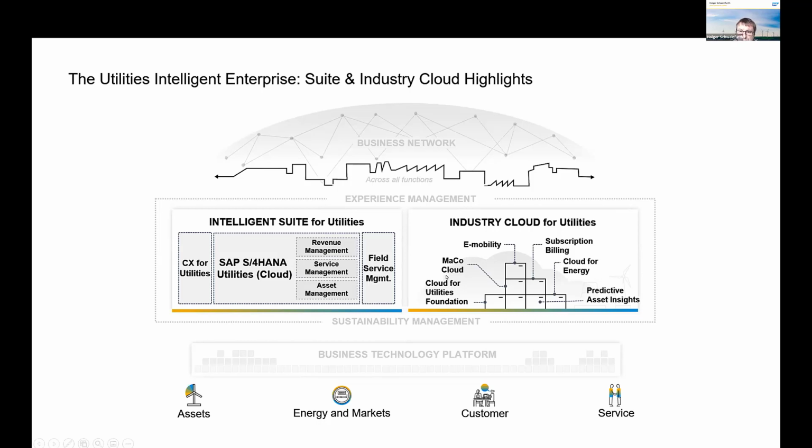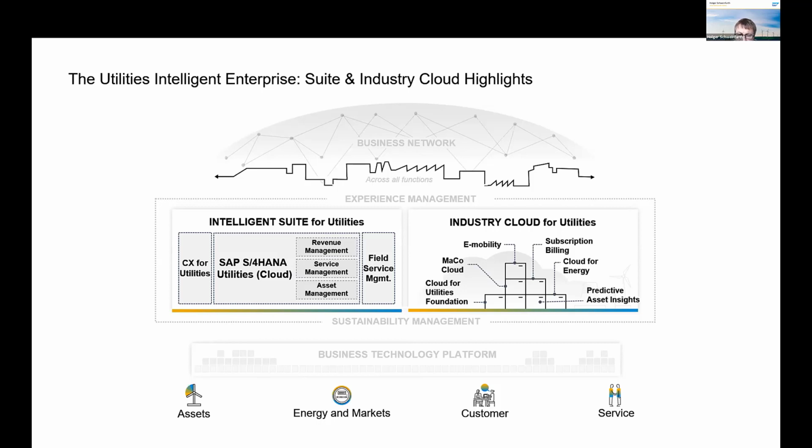On the other hand, we have our Industry Cloud for utilities. And in here, you can see numerous different building blocks. It's not only SAP applications, but it's also partner applications. And I think you will also hear some great examples throughout the next couple of days on how partners have extended these applications that reside on the SAP Business Technology Platform.